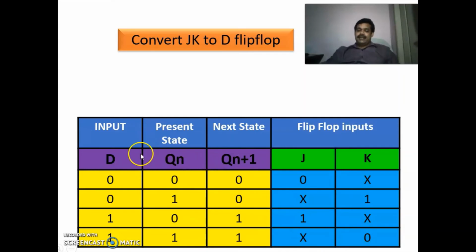Then, excluding the next state, we consider the input and the present state as the inputs. So we have two variables. Here we have two flip-flop inputs, J and K, so you have to draw two two-variable K-maps, one for J and another for K. The input variables are D and Qn. For the K-map of J, you check the column of J, and wherever you have X and 1, you plot it in the K-map and group.